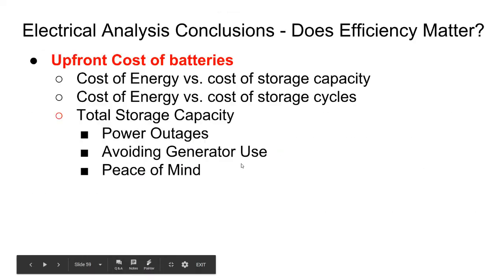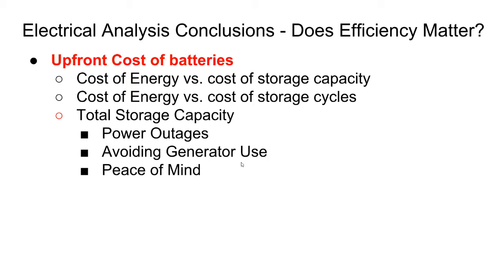Let's talk about battery selection and maintenance. We learned in our electrical analysis that efficiency in an off-grid system isn't quite the end-all in our design criteria. In the first portion of the program, we learned that lithium-ion batteries are very efficient but costly, and a small